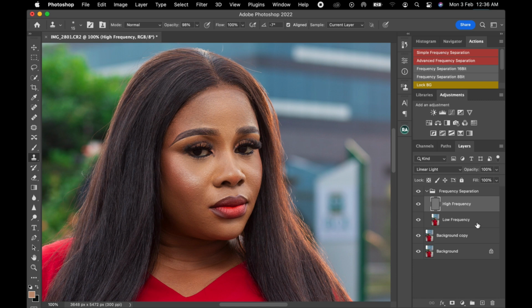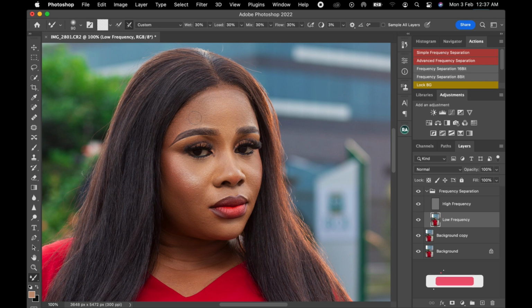So I'll now come back to the low frequency, then pick my mixer brush, then I'll increase it a bit, then I'll now start brushing all over again. So I'm just going to brush this. So I'll come here,